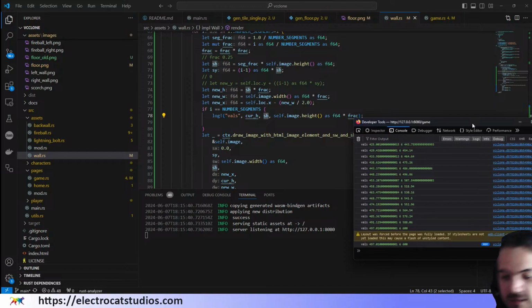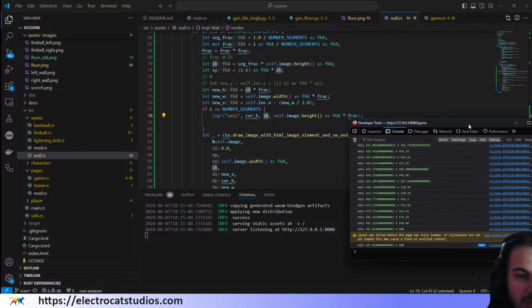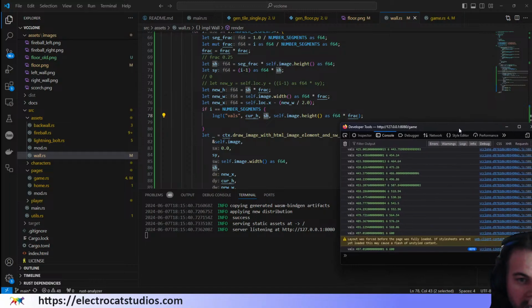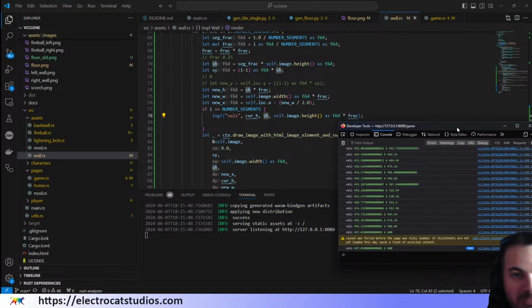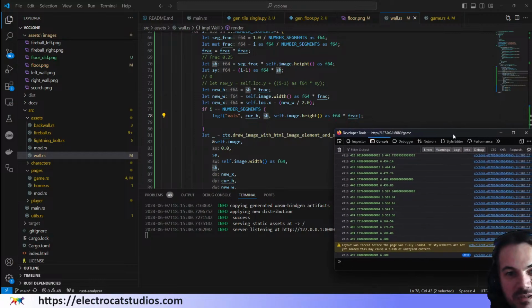Yep, that's correct, because it's 600 high and there's 100 segments, so each segment should be 6. So it's the image height. Yeah, this all breaks down because